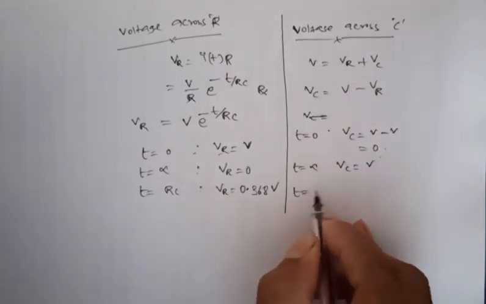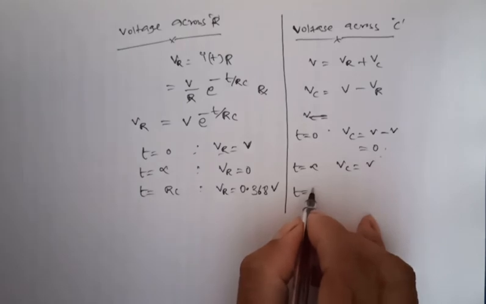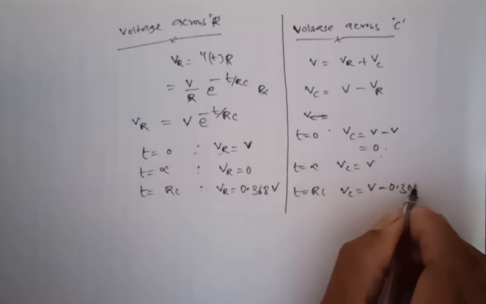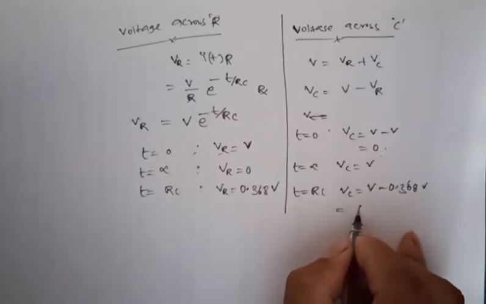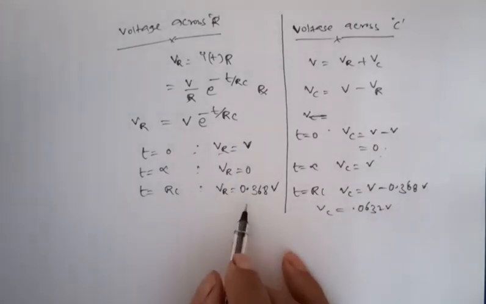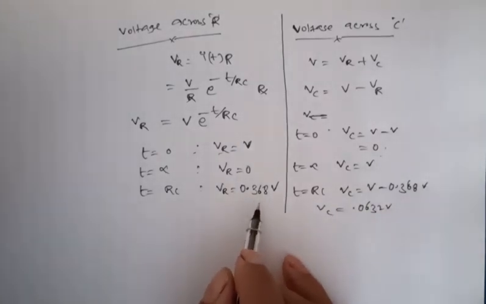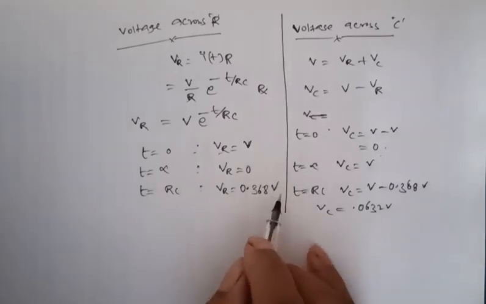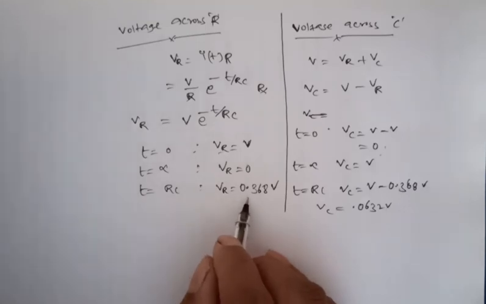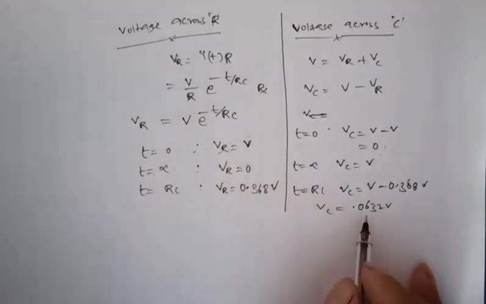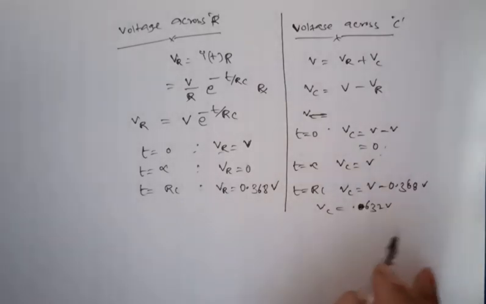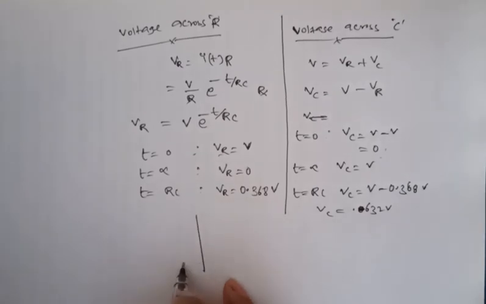At t equal to RC, VC is equal to V minus 0.368 times of V. It will become 0.632 times of V. So if you assume that 1 volt voltage we are applying to the circuit at time equal to RC condition, across resistors we got 0.368, means obviously 0.632 should appear across capacitor. If you put those things in the graph,